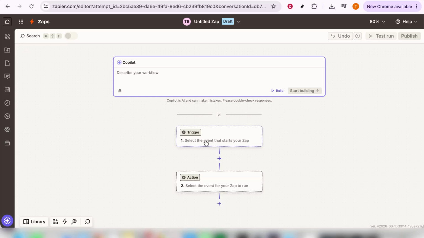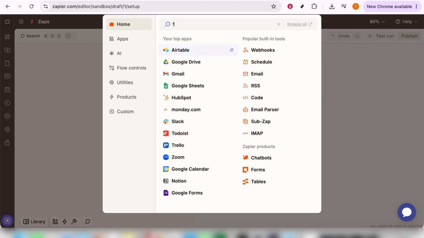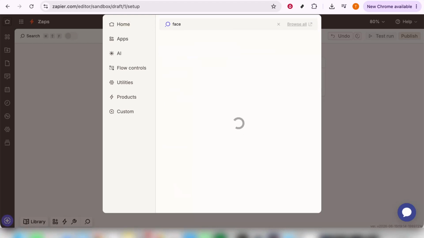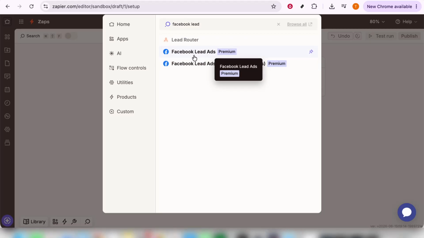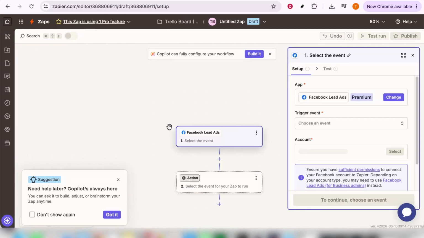Now, in the search bar provided, type in Facebook lead. This is the app we'll be focusing on as your trigger. Selecting this option means that any new lead generated on your Facebook page will be the event that kicks off this Zap. After selecting Facebook lead, you'll be asked to define an event. What specific action within Facebook lead you want to choose to trigger the Zap. Typically, you'll pick new lead, ensuring that every time a new lead is created in Facebook, Zapier will take the